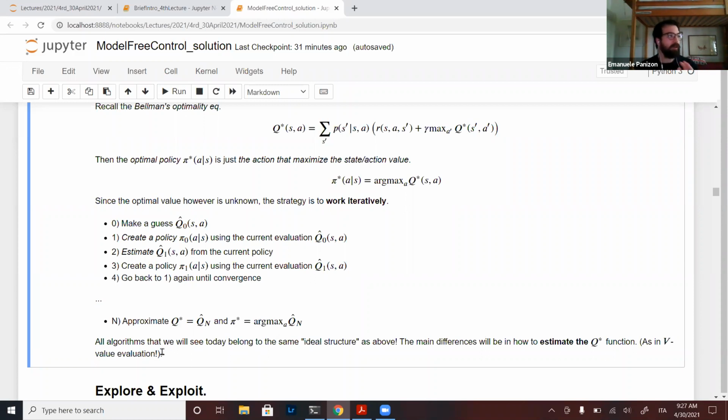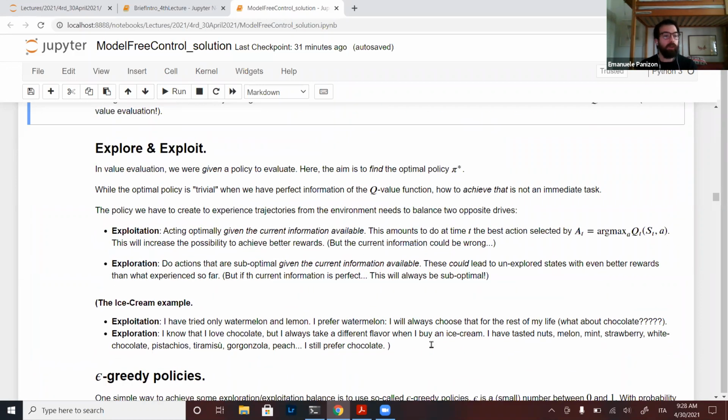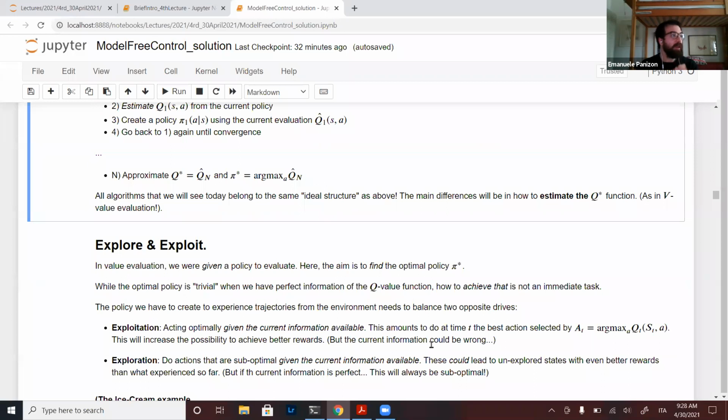As I said, all algorithms follow the same principle, but they differ slightly in how to estimate the Q star function. Why is it not a trivial task? It's because of the delicate balance between exploration and exploitation, which you have also seen in class.